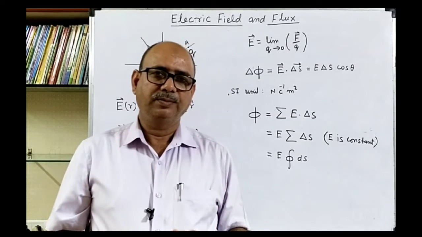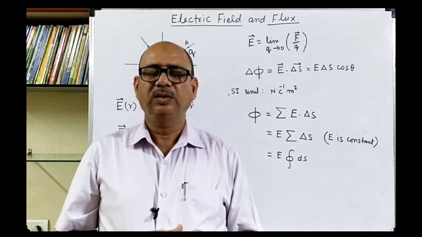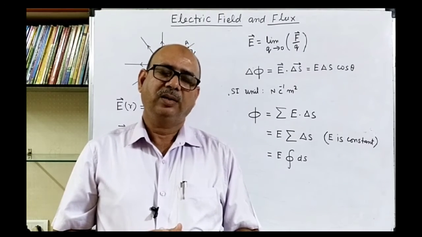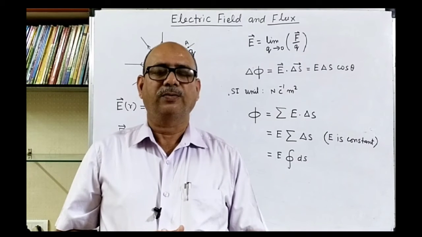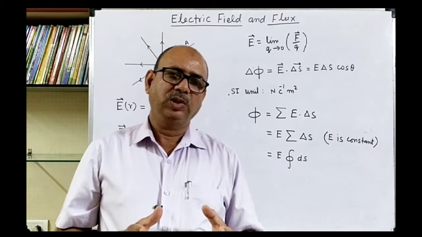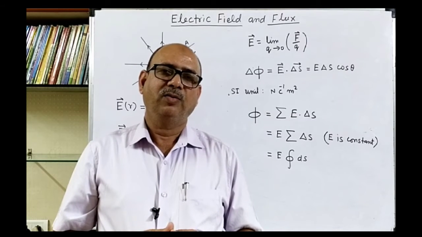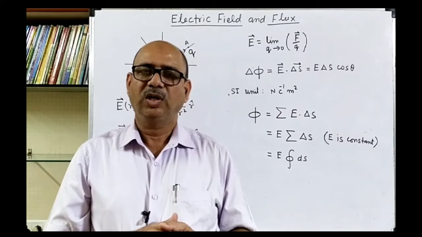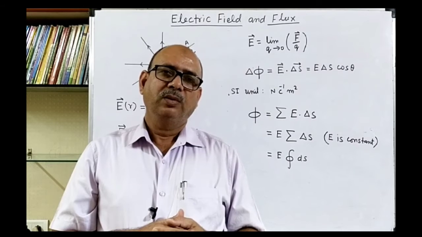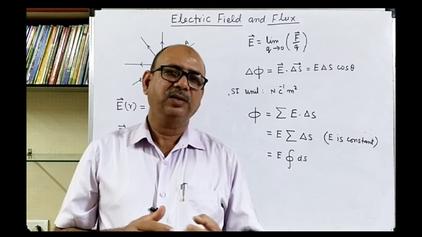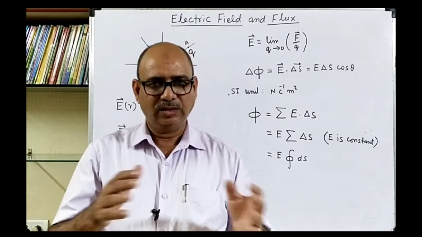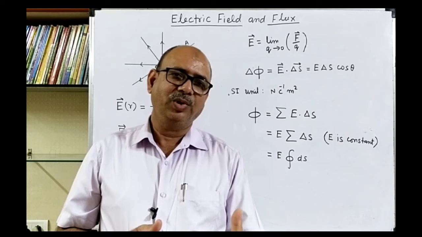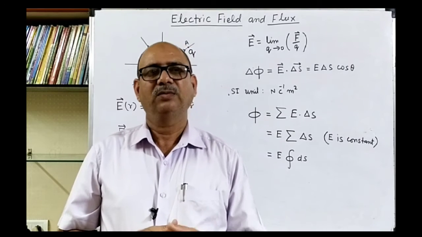Let's take an example. If we consider a sphere where the source charge is placed at the center of the sphere and the test charge is at its surface, then the distance between the two is the radius of the sphere, and the value of the radius of the sphere is constant on the entire surface of the sphere. That means the electric field produced by the source charge placed at the center will remain constant on the entire surface, and then we can say that this sphere behaves as a symmetry for the electric field.